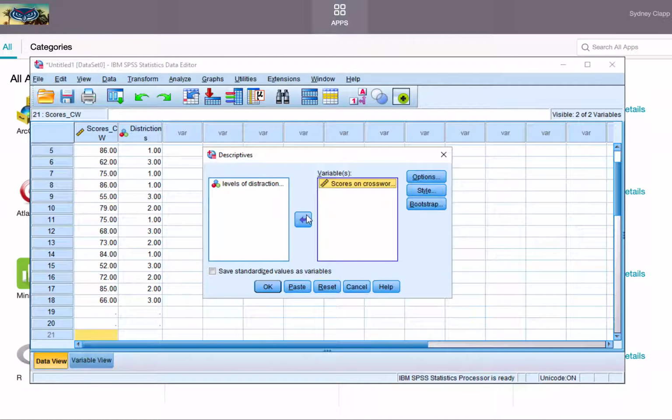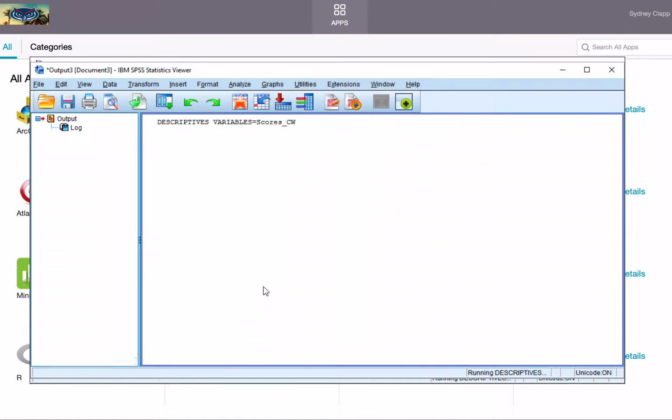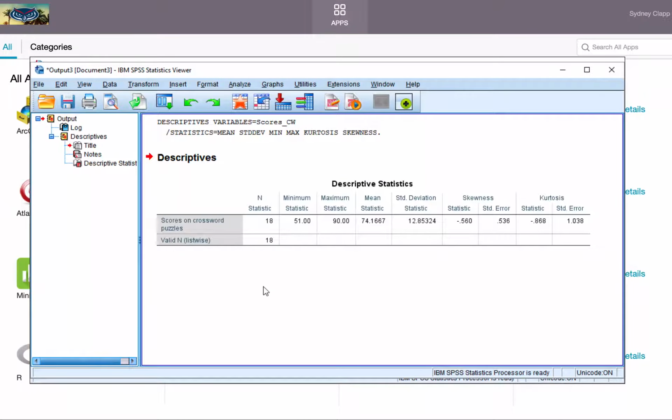normality there? Are we lacking kurtosis? Are we lacking skewness? We have none of that. So if I go to Options here, the mean, standard deviation, and I obviously want to click kurtosis and skewness to see that data, and I click OK, and I can look here at my descriptive statistics output for this,